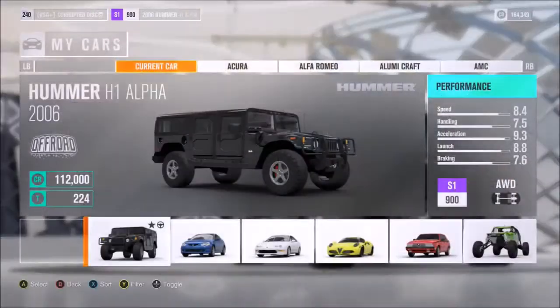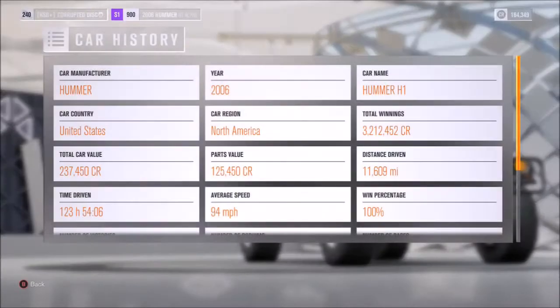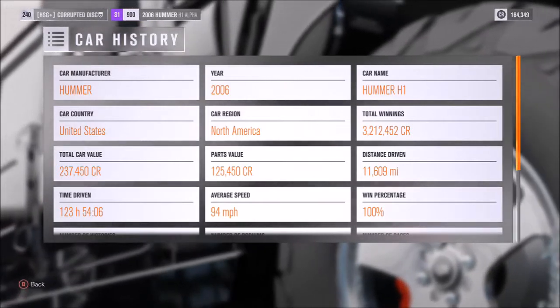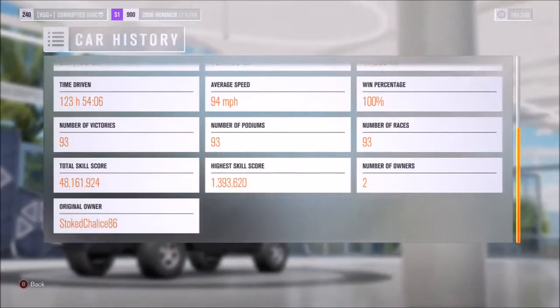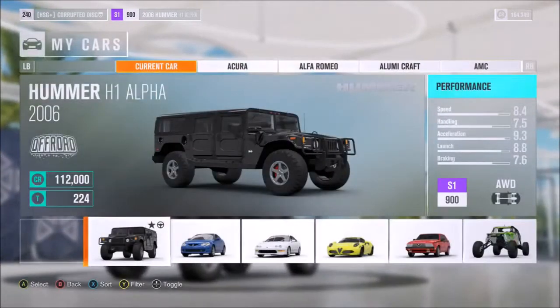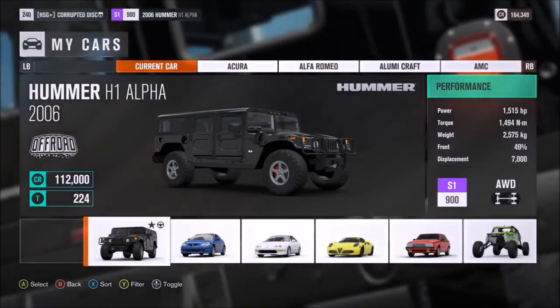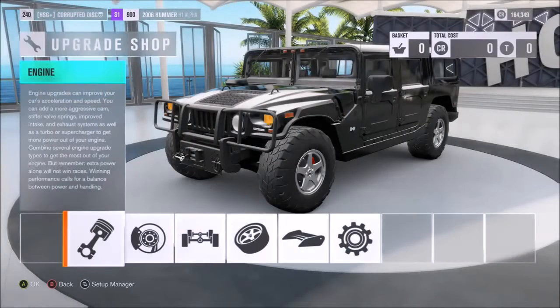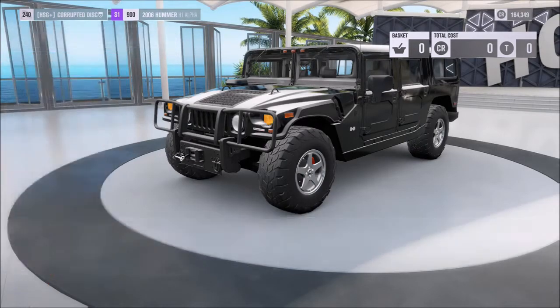And as a result, as you can see from the history of the car, I've put quite a number of miles on it, almost 12,000 in fact. Plus, it also has my highest skill chain score, which is also pretty high given the fact that the car weighs around 2.5 tons. So, as far as the build on this particular model, and this really is my baby as far as cars on Forza Horizon go, it's by far my most loved car on the game,